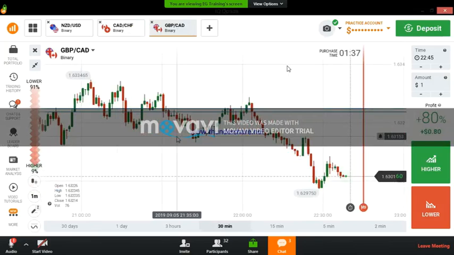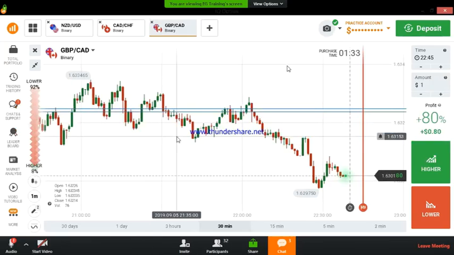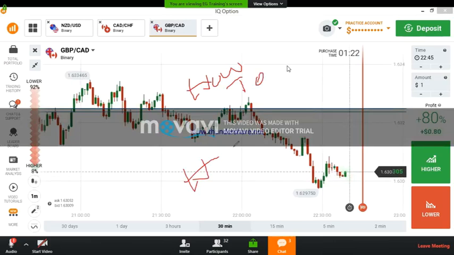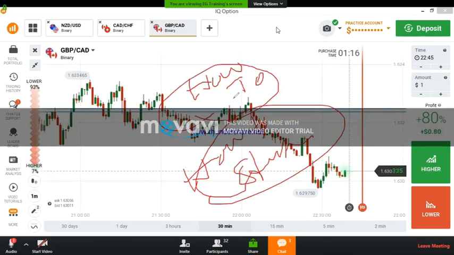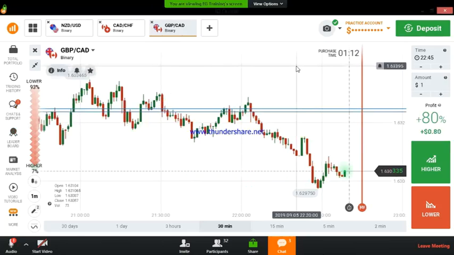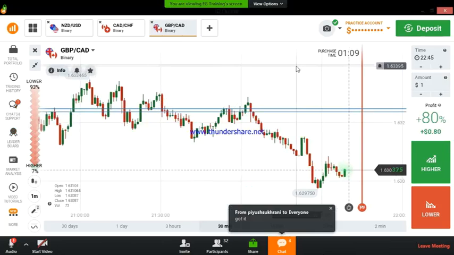Okay, these are the 2 ways to draw a strong level. This way you can draw strong levels. The topic today is how to draw strong levels, and tomorrow I will explain how to trade on these strong levels. Today's topic is only how to draw the strong levels. If you have any questions on these topics now, you can ask me. I will clarify those.